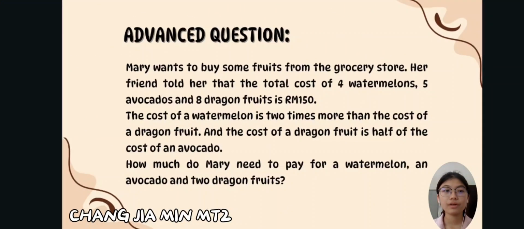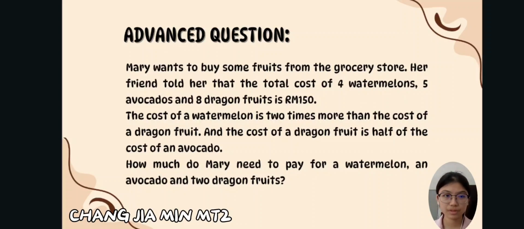Next is an advanced question. Mary wants to buy some fruits from the grocery store. Her friend told her that the total cost of 4 watermelons, 5 avocados, and 8 dragon fruits is equal to